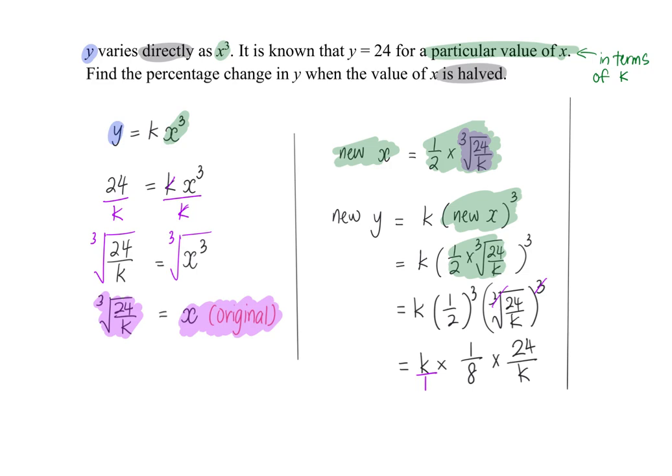The numerator and the denominator, if there is a common factor, I'm going to divide by 8, divide by 8, and you will get the new value of y equals 3, while the original y is